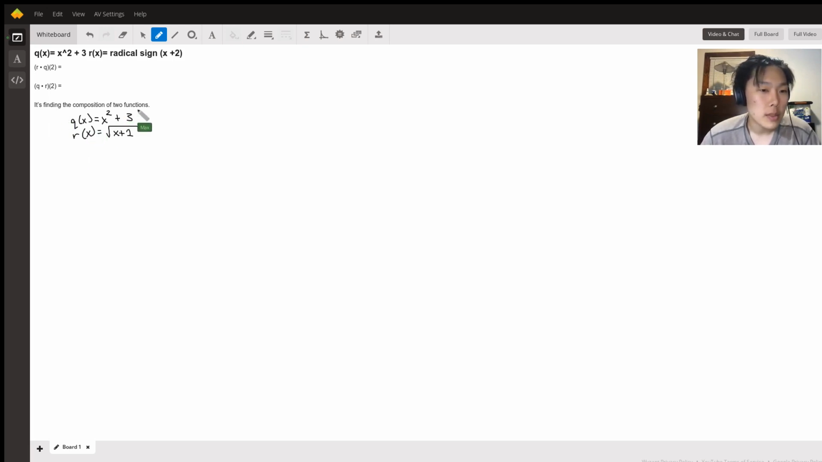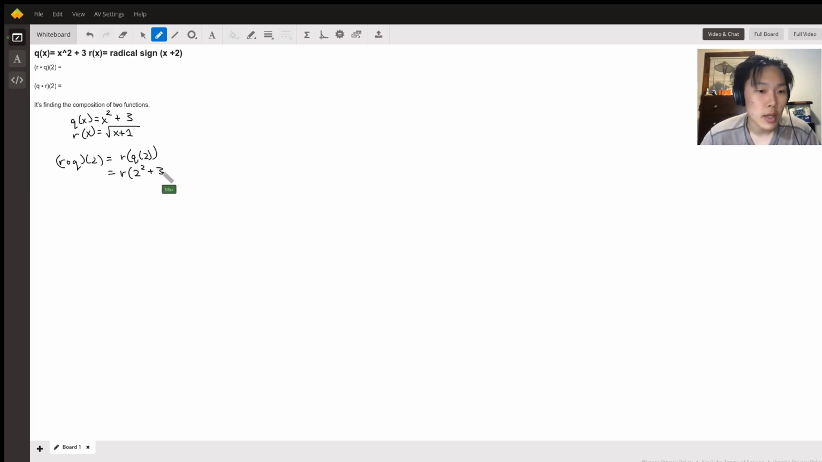So when we find the composition of these two functions, we'll start with the first one, which is r of q of 2. What this is really saying is you take q of 2, and then you take r of that. And so what we would do here is we would note that, okay, well, what is q of 2? Well, q of 2 is defined as x squared plus 3, right? So it'd be r of q of 2, which is x squared plus 3, which in this case is 2